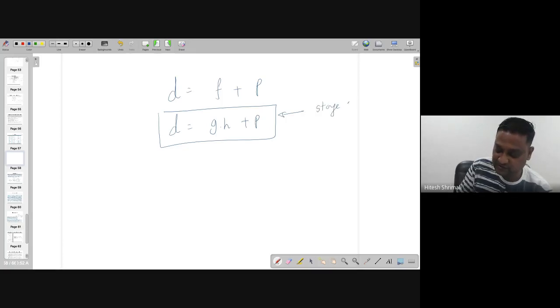This is the stage equation. But for a longer path, this D will change to capital D, and this becomes capital G and H along with the branches, because in a single stage you will never have